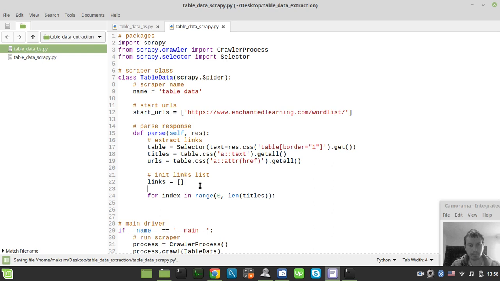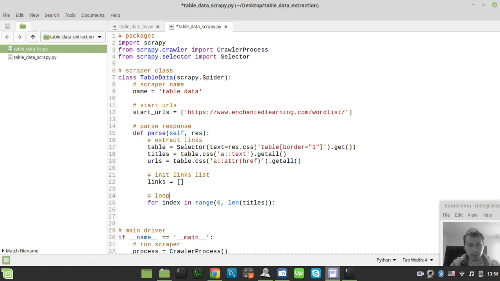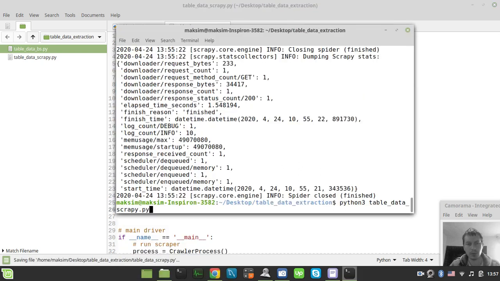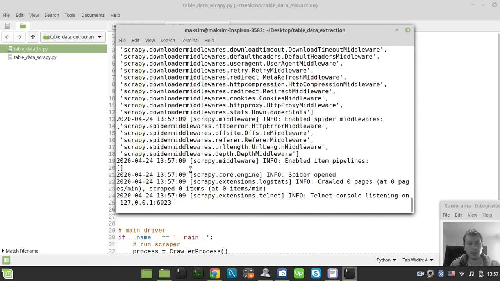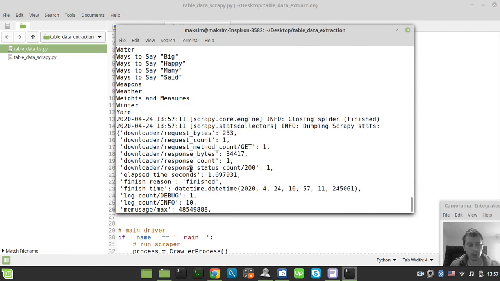Okay, and loop over titles and links, and let's just try to print titles indexed by the index. I hope to see the same titles. Okay,